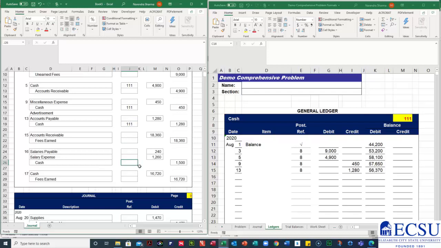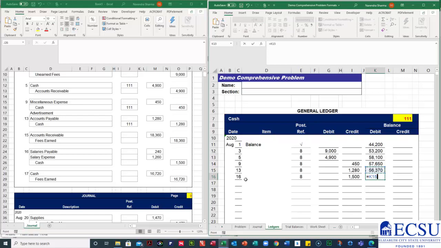Here it is. Another cash is on the 16th. So that will be on the 16th. I am bringing that from page 8 and it is a credit. So how much is the credit? It's 1,500 is the total credit. So this is going to be 56,370 minus 1,500, which will be 54,870. Now we have another cash on the 17th, so that's again page 8, but this is a debit now,